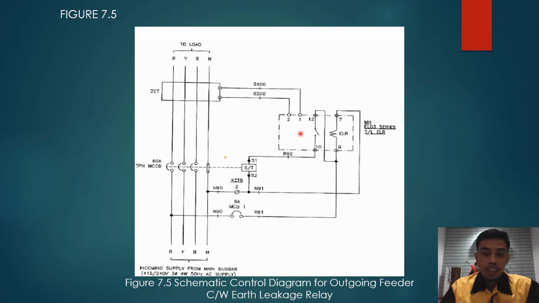So the contact pins, which are pin number 12 and pin number 10, will be connected to the shunt trip and through the MCCB. So the operation of the contact pin here is similar to the earth fault relay. In a normal condition, the contact will be open, but if the ELR detects leakage current in the circuit, it will close the contact and give a signal to the MCCB to open the contact here to trip the power supply in order to protect the system.